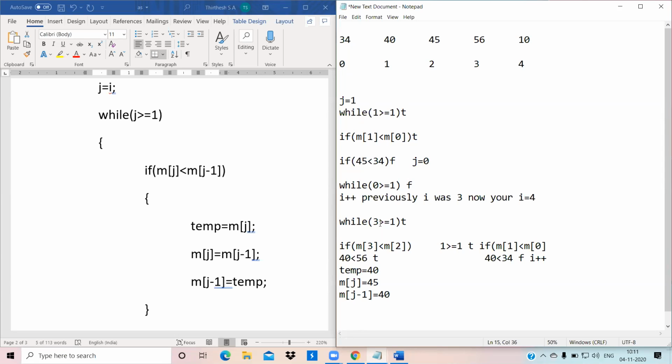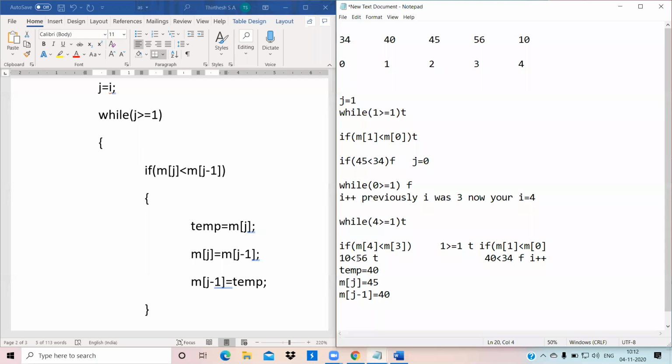Okay, 4 greater than or equals to 1, it is true. Now m of 4 is less than or equals to m of 4 minus 1, that is, m of 3. m of 4 has 10.